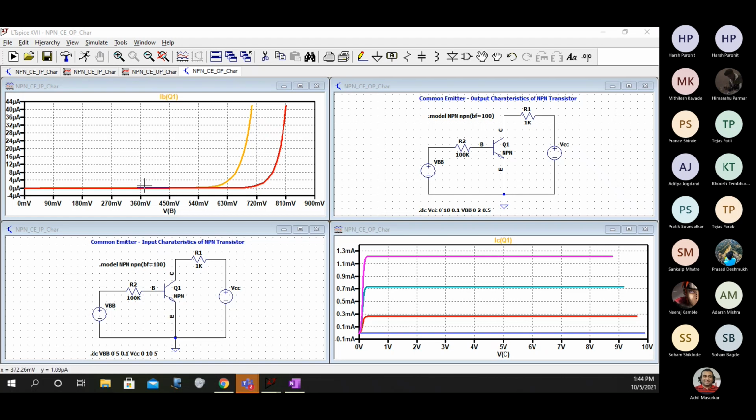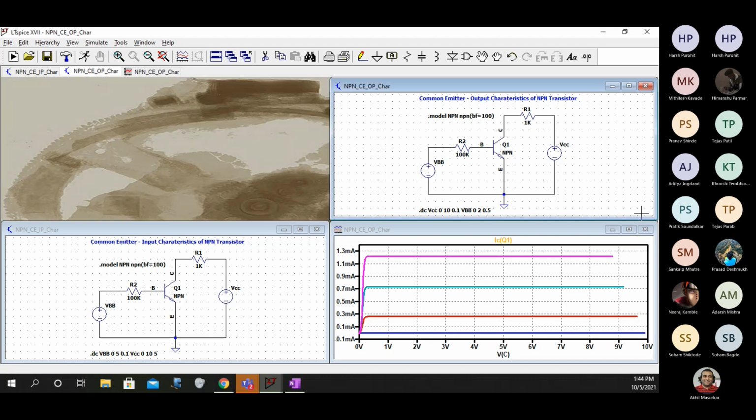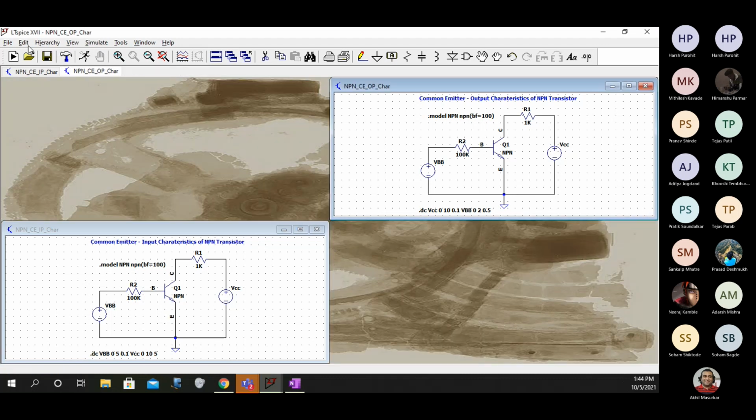Now you all will generalize this for a PNP transistor. So Pratik, since you have finished, now instead of NPN, we want a PNP. So I am just closing these graphs and saving this.